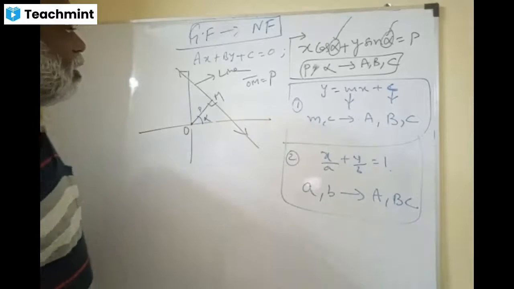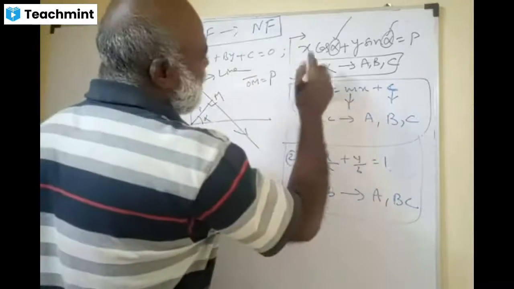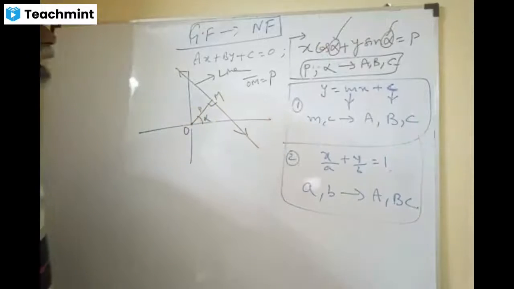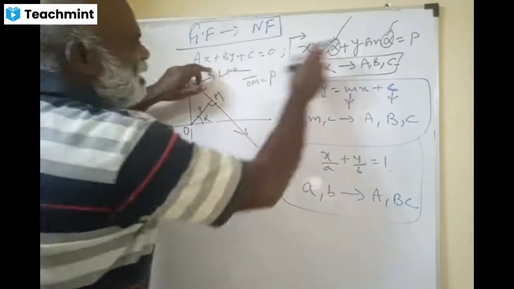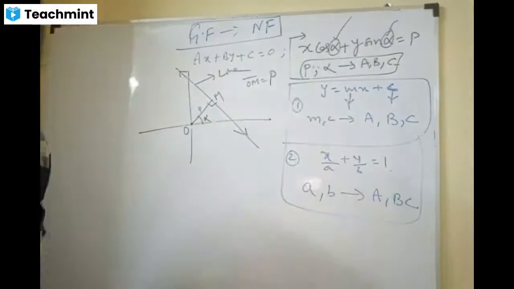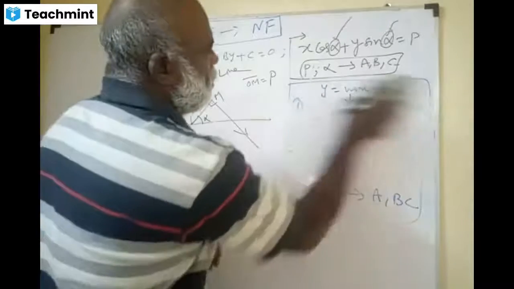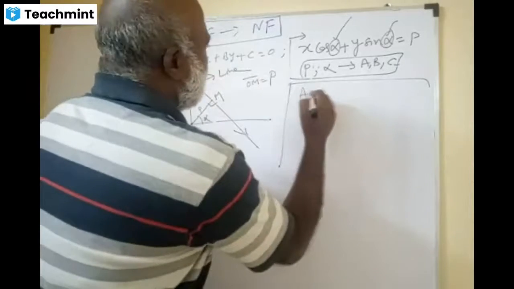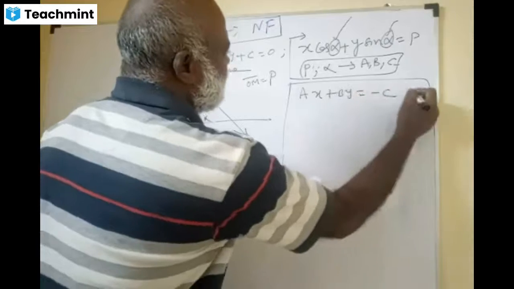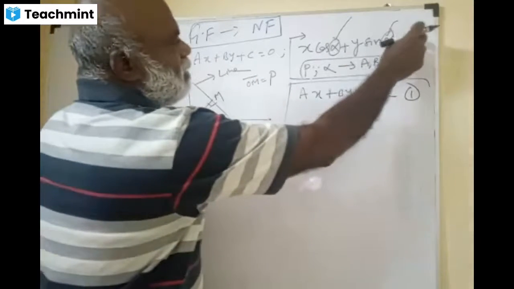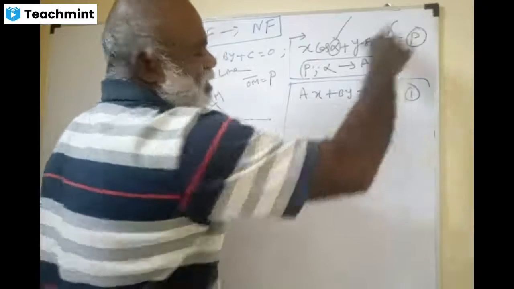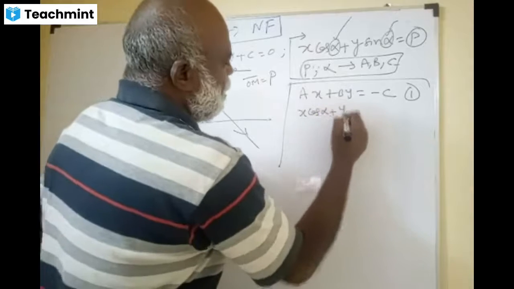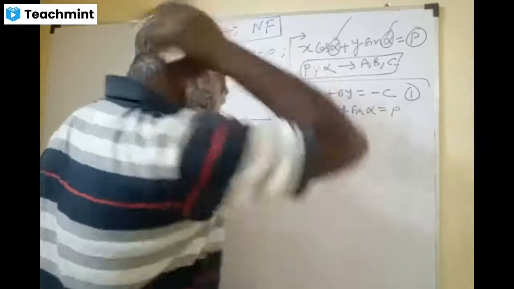Right. OP equals to MDS, and you need to express this p and alpha in terms of a, b, c, d, s. So what I do, dears, now I will write this equation together so that you get some good feel. Okay. So, friends, here I write this equation ax plus by is equal to minus c. In the model, okay, because there is some number on the RHS. Ide model x cos alpha plus y sin alpha is equal to p.